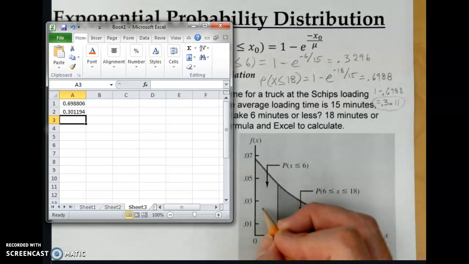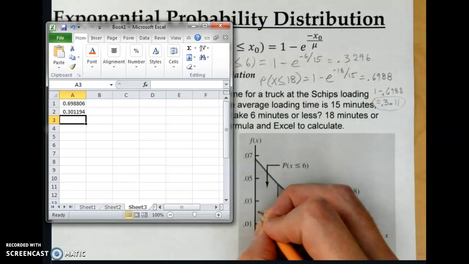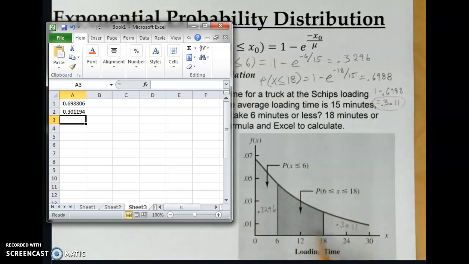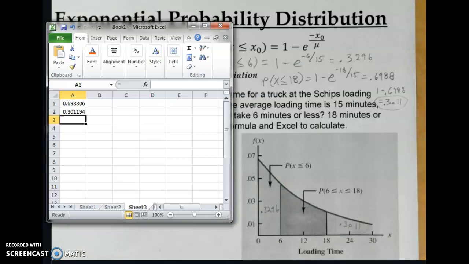0.3011. And this area here we got was 0.3296. Of course, the difference in between we could compute by adding these two together and subtracting them from 1. Let's do that. So we put equals